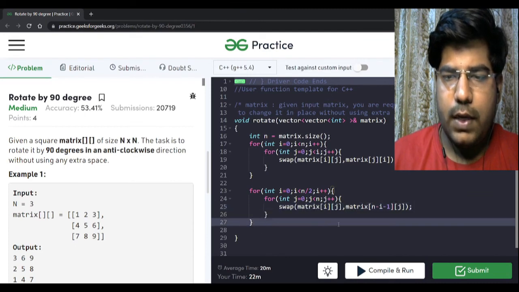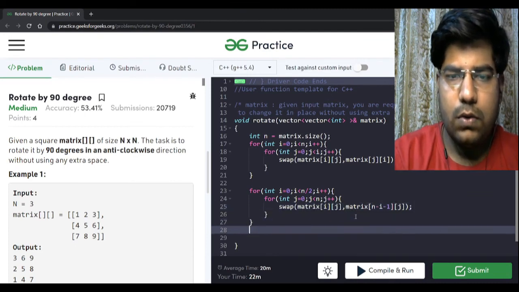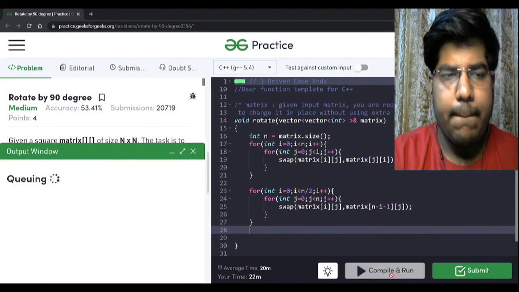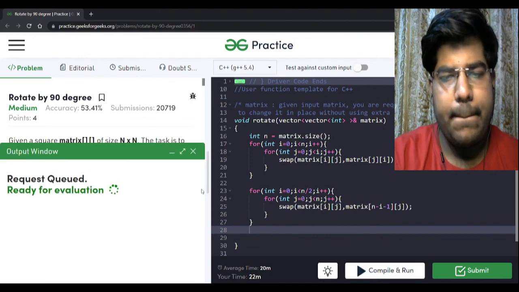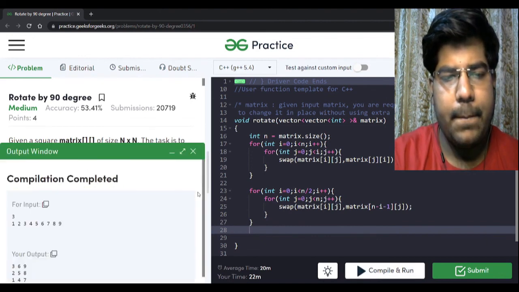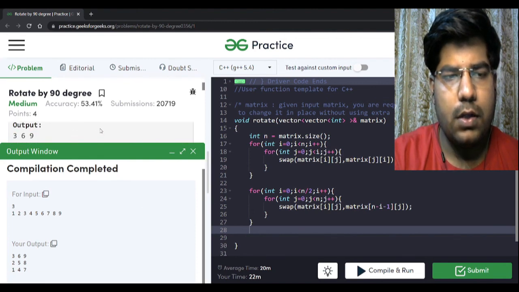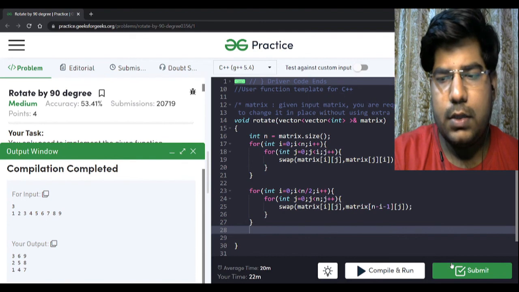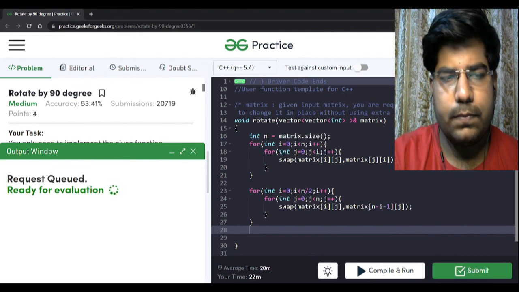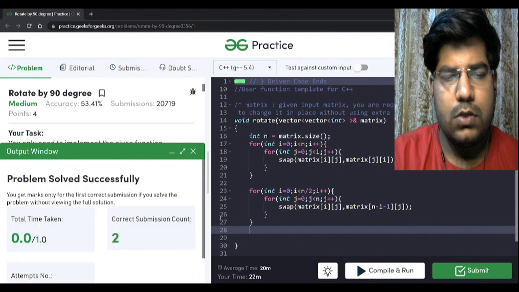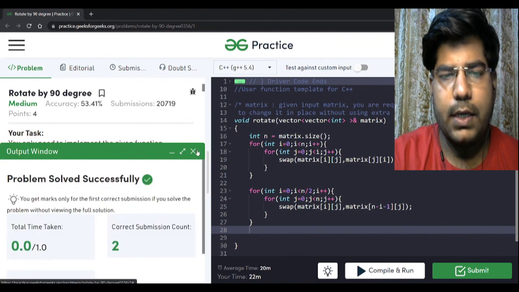So that is fine, and now we can run it. Yeah, we are getting the correct output. Let's submit this. So yeah, it has got accepted, right?